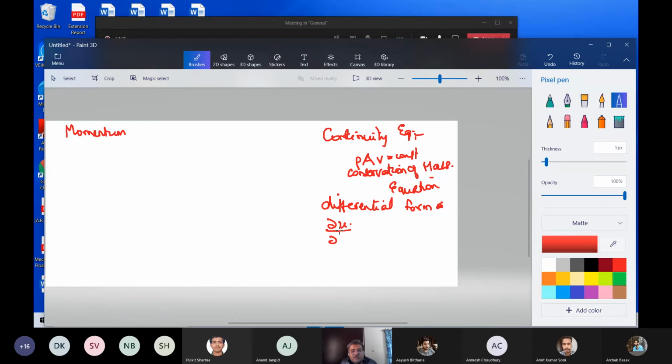So we have dou u by dou x plus dou v by dou y plus dou w by dou z equal to 0. Please remember this equation. This is the simplest form of the continuity equation in the differential form. So this is the differential form of the continuity equation. You definitely have to remember this equation. And then